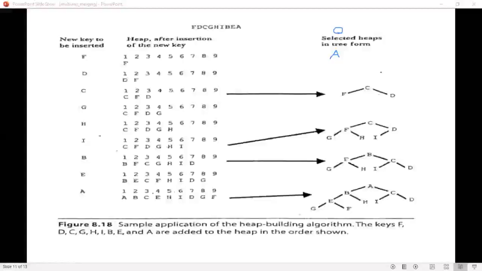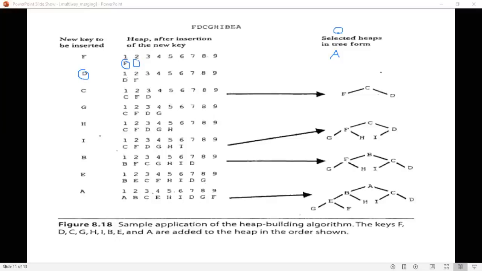Okay, you will insert F at the first index, initially as a root. Next the new key is D, where you will insert D first at the last position, which is 2. Now first you have to insert D here, and then you have to find the parent of this particular index, that is 2 by 2, that is 1. And then you have to compare F with D. D is smaller, so you have to exchange it. F will come here and D will go there.